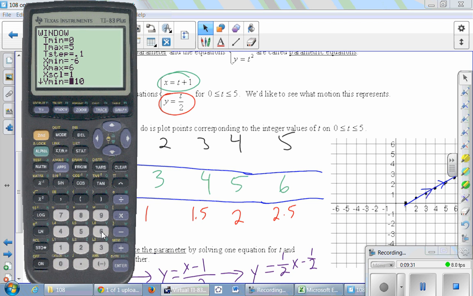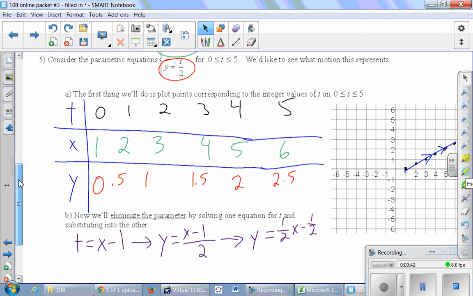And then -6 to 6 on this one too. So if you've got your graph set up like that, your window set up like that, hit graph, and it should look like this. Now before we hit graph, I'm going to say more than just saying it looks like this. I'm going to say this graph is going to start right here, which is where our first point was,